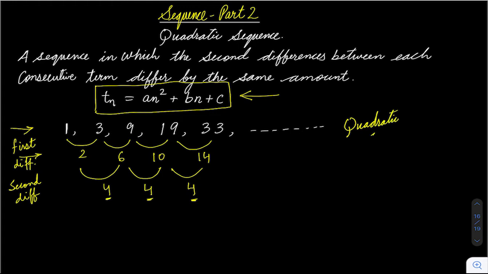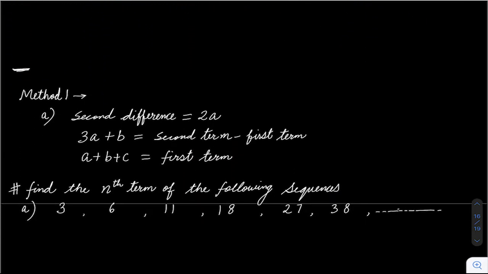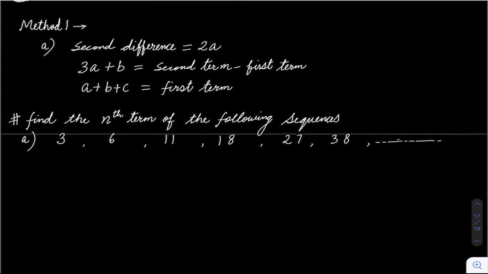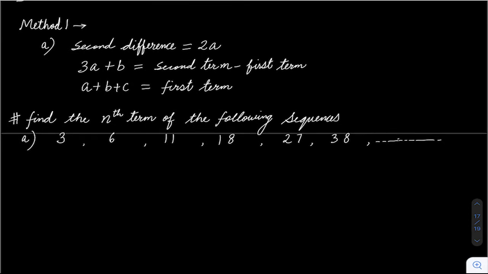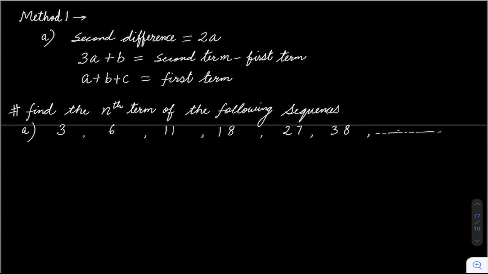So now the question arises, how do we find the nth term, or what we call the general term? How do we find the nth term of this sequence? There are two methods, so let's study both. Some students find the first method easy, some find the second method easy. Whichever method is comfortable to you, you can follow that. But you must learn both methods, because you should have an understanding of both.